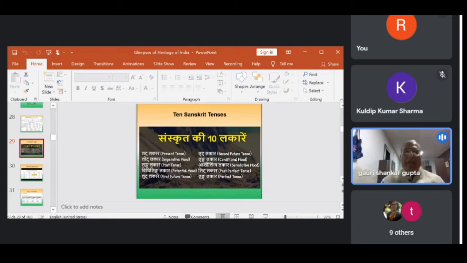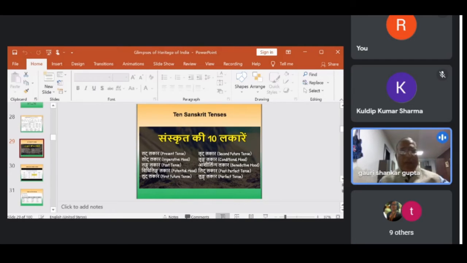Now, you can examine any language in the world. They will not have all these tenses. These tenses enable you to express yourself in a very, very precise way. And that is why Sanskrit is called a mathematical language. You don't need to do anything more than using a particular lakar and a particular structure of the words. You don't have to do anything else. The precision will be there already, particularly for those who understand the language.